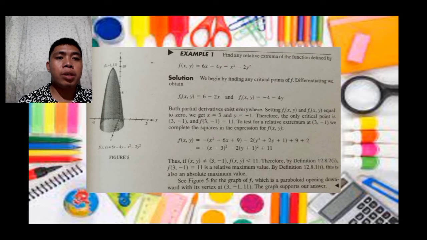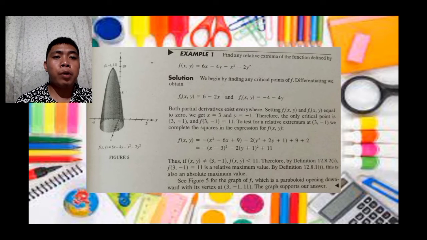f of (x, y) equals negative times (x squared minus 6x plus 9) minus 2 times (y squared plus 2y plus 1) plus 9 plus 2, which equals negative (x minus 3) squared minus 2 (y plus 1) squared plus 11. Thus, if (x, y) is not equal to (3, negative 1), f of (x, y) is less than 11. Therefore, by definition